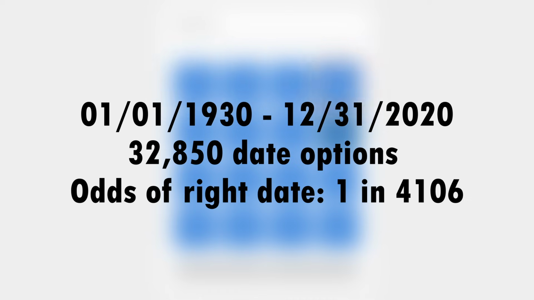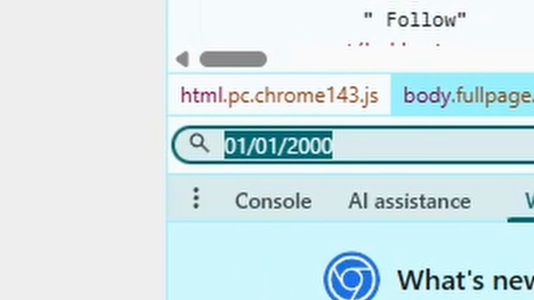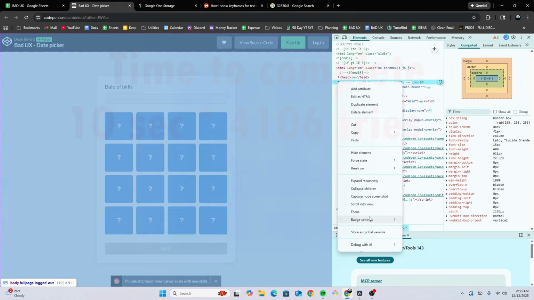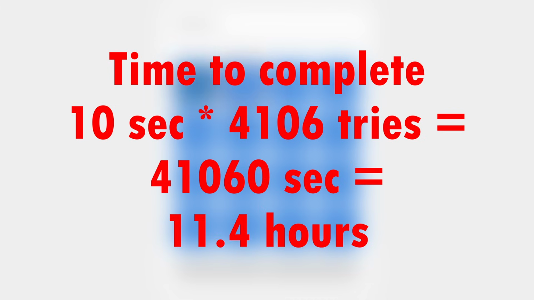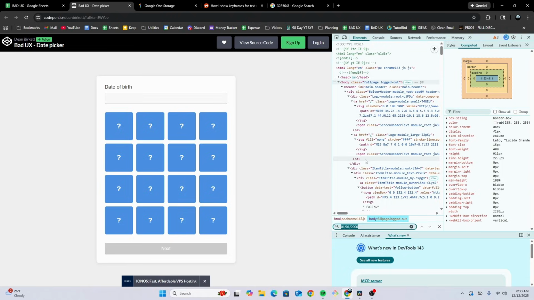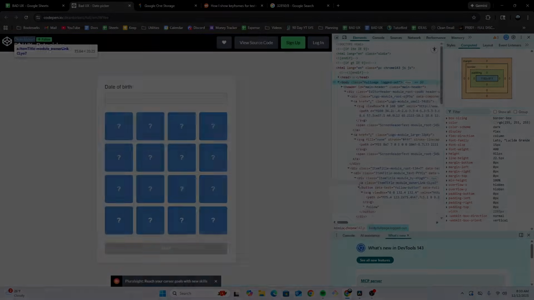32,850 possibilities. The odds of pulling the right date are about 1 in 4,106. If it took you about 10 seconds to look through the code to see if your date was there, and then refresh if it wasn't, on average you would get the right date after about 4,106 tries, which would take over 11 hours of searching, refreshing, repeating until you finally got January 1st, 2000, making this the number 4